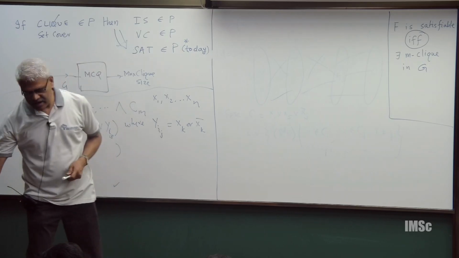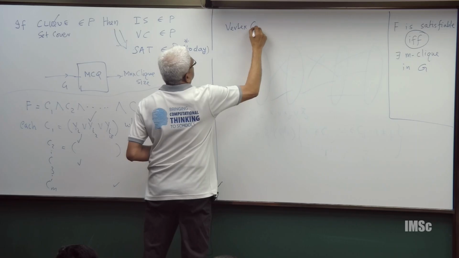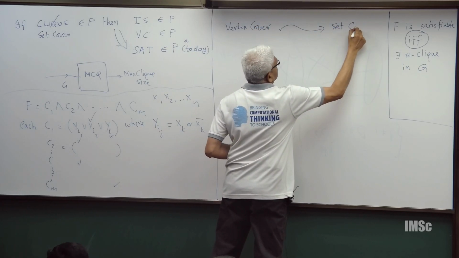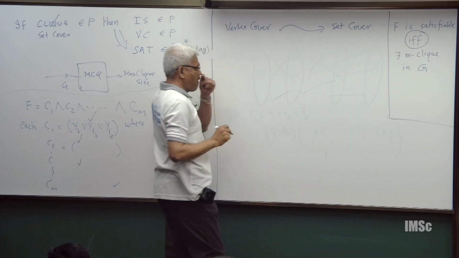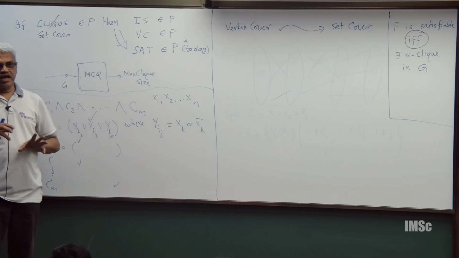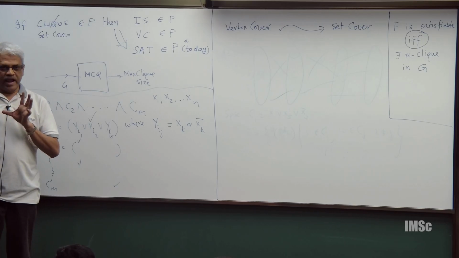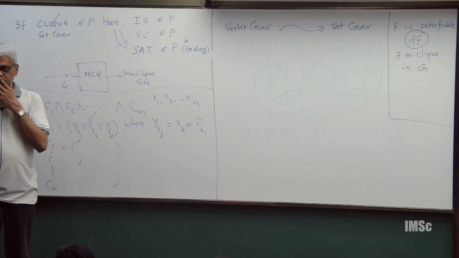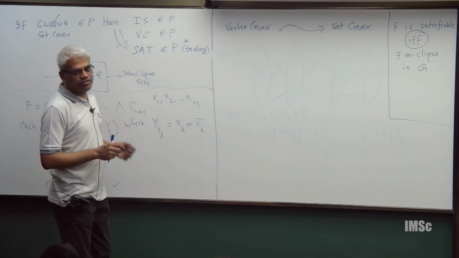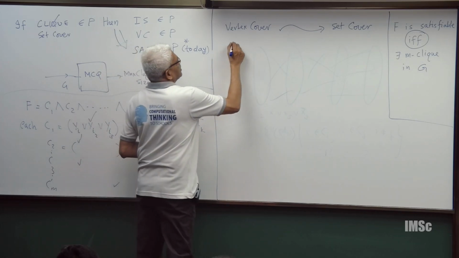Okay. So, here I am going to start from vertex cover, and I want to reduce to set cover. So, we are going to design an algorithm for vertex cover, that is how you should keep in mind, using a black box algorithm for set cover to argue that set cover is hard. Okay. So, what is the input for vertex cover? Graph, right. So, I am given a graph,